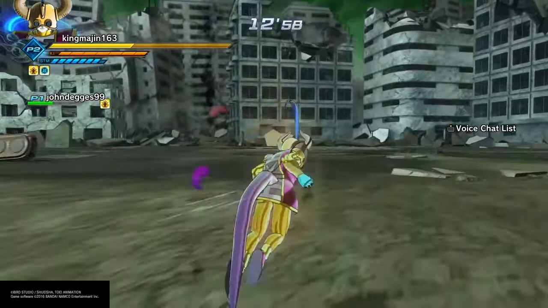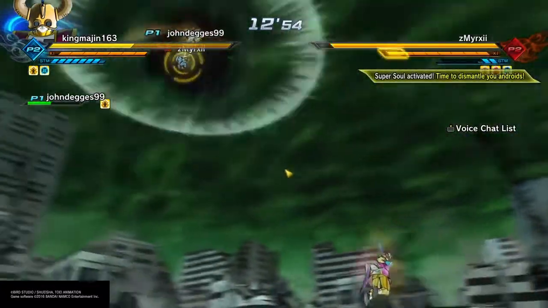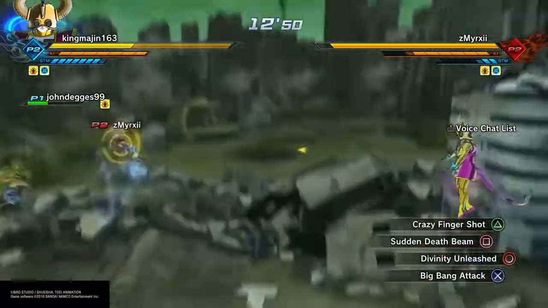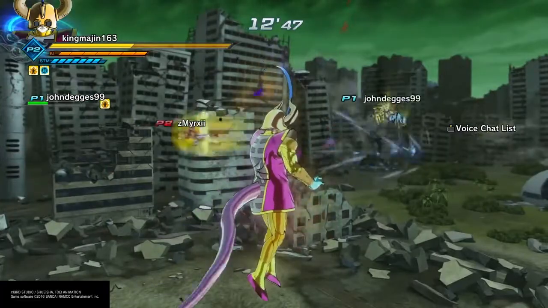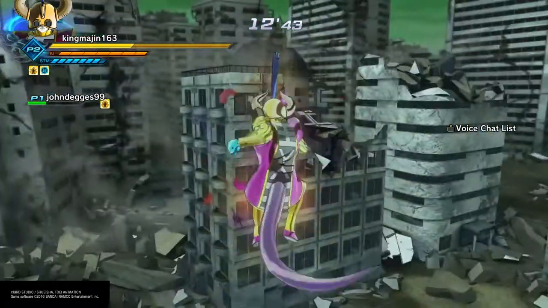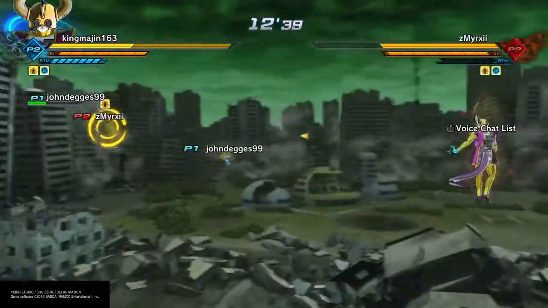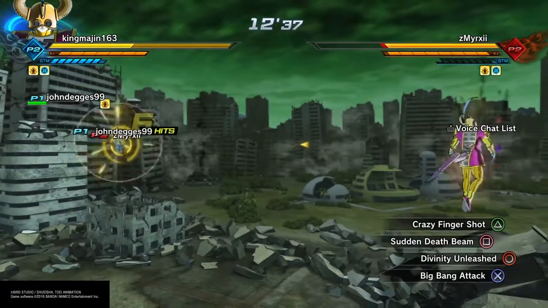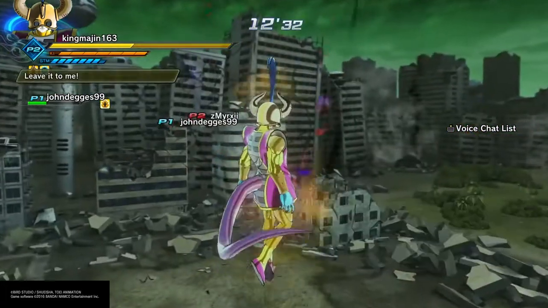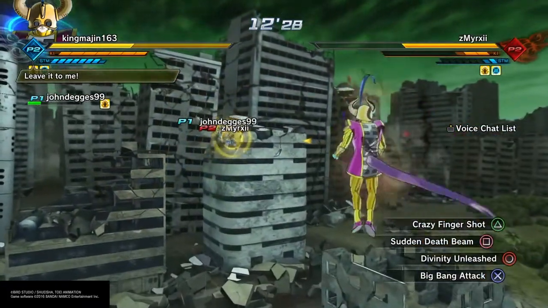Like, I use this one in some of the latest parallel quests, and I'm telling you, this will make every parallel quest a piece of cake. If you don't believe me, try it out for yourself. Make sure you get a lot of practice with what attacks work for you. Although, you will need Divinity Unleashed, and you will need Crazy Finger Beam. At the very minimum, you will need those, as well as Beerus' Super Soul, and a transformation that increases your